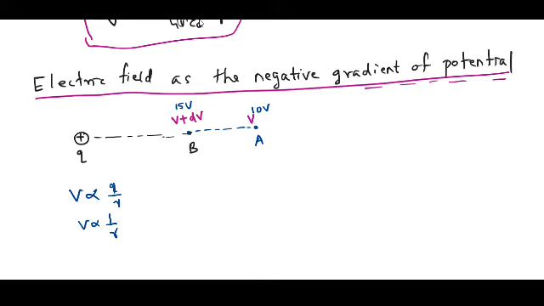At the nearest point, the electric potential will be higher, and at larger distance, the electric potential will be smaller. Then I am bringing a charge Q0 from A to the point B, that is, the displacement is dr. Then by definition,